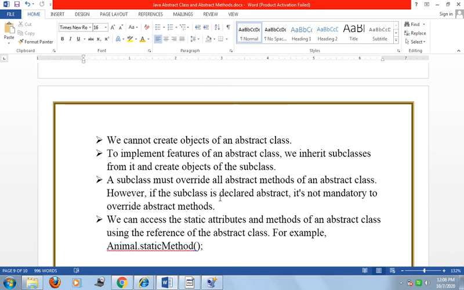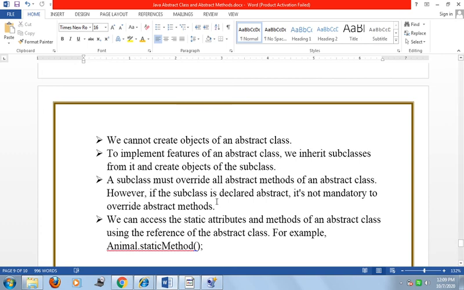To implement the features of an abstract class, we inherit a subclass from it and create the object of the subclass. A subclass must override all the abstract methods of the abstract class. However, if the subclass is declared abstract, it is not mandatory to override the abstract methods.